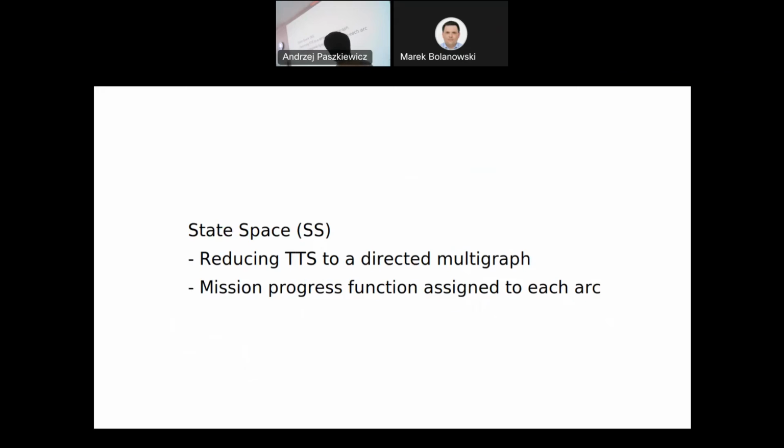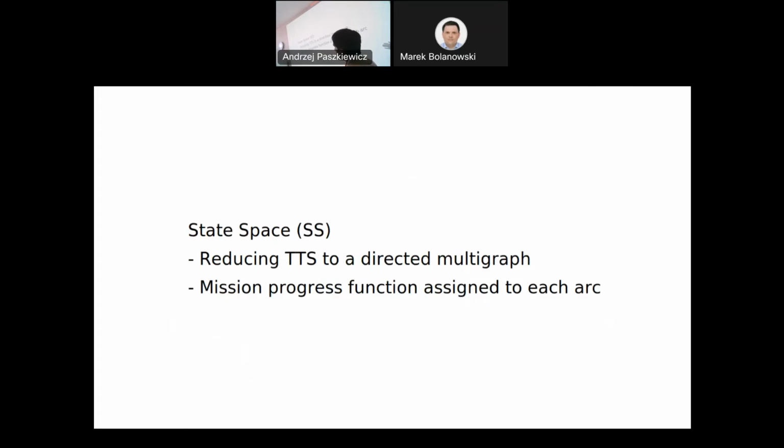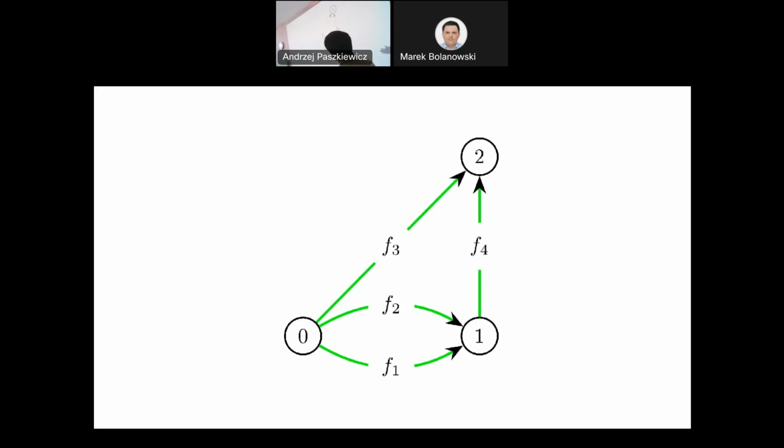Okay, state space. Having any tracking transition system, we can reduce it to a directed multigraph with structures called mission progress function assigned to each arc. This is the first time when we take time required to perform each action under consideration. This is a graphical representation of state space for the system described in this example. Just for the record, definitions of these functions